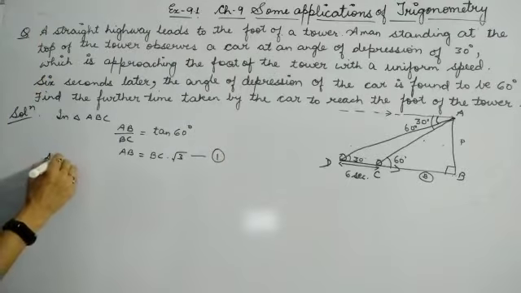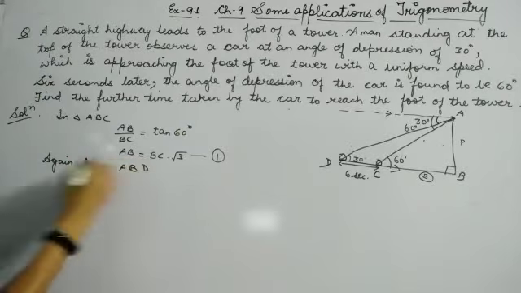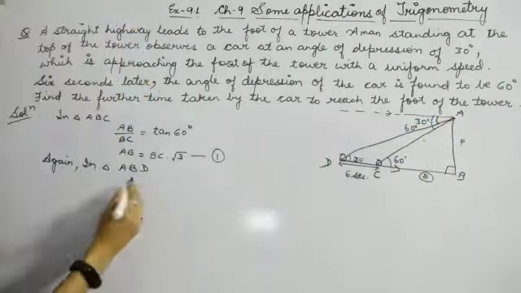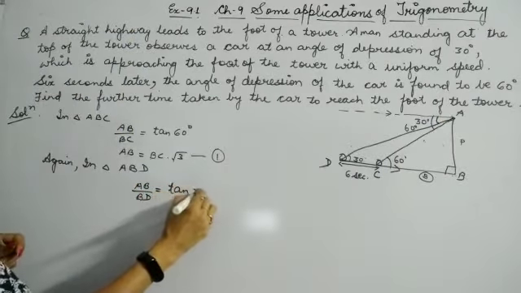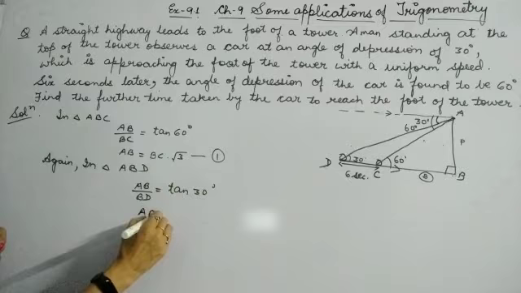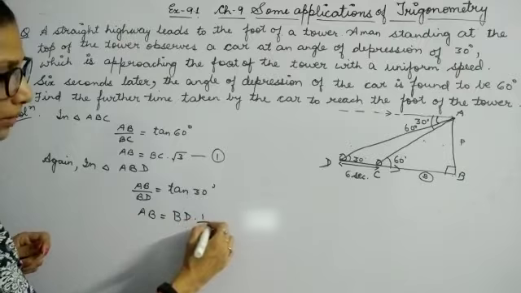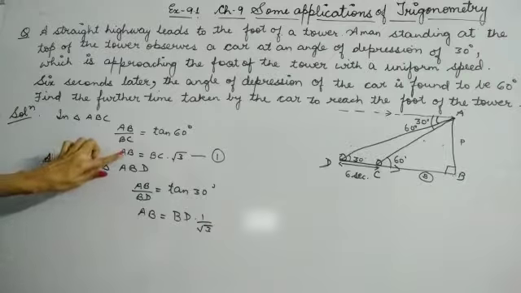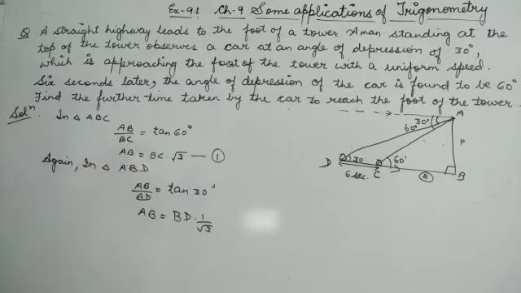Let's take another triangle, triangle ABD. In triangle ABD, again I can take AB upon BD. So AB upon BD is again your tan 30 degrees. Since this is P by B, I am writing it as tan. Again I can write it as AB equal to BD into tan 30, and tan 30 is 1 by root 3. Alright. Now children, what I am getting here, I am getting this as AB equal to, and AB equal to. Since the lengths of the two are equal, I will be getting it like this.